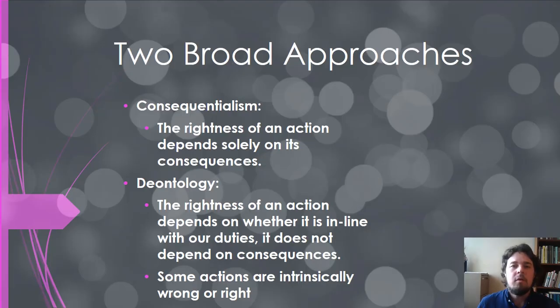Now, regarding moral theory and trying to figure out whether or not something is right or permissible, there are two broad approaches that you see within applied ethics and bioethics. The first general approach is consequentialist, or under the umbrella of consequentialism. There are many different kinds of consequentialist theories, but what they all have in common is that they say that rightness depends solely on the consequences. So if you're trying to figure out if an action is right or wrong, or a policy is a good or bad policy, you only look at the consequences of that policy.